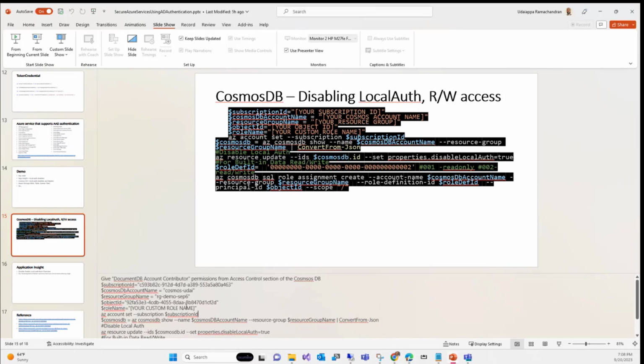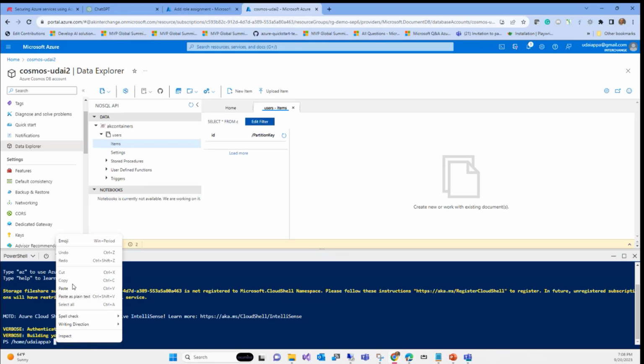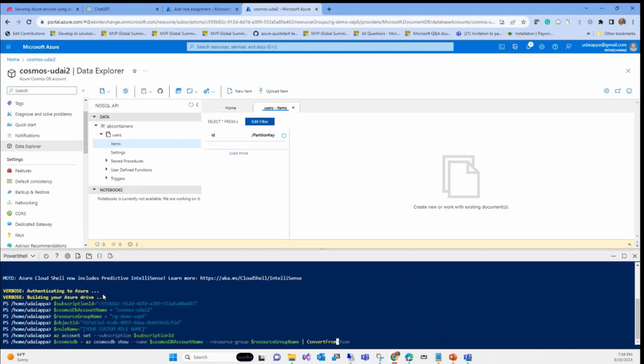For this demo, we are not going to set the local auth the first time, and later we'll come and set the local auth, because as soon as I set the local auth, a few things are going to break. So we are going to read up till here. And then we go to the console, which is ready, and we paste the script. So I set it to write to, and all those things are there.